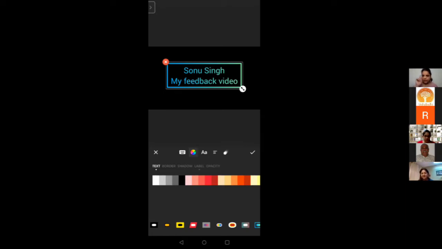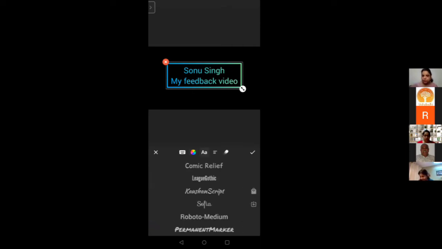Now from after the keyboard you go to the color wheel, then you move to the font which is written capital A and small a. So you go to font, you will get options of font. Now I have a paid version of it, so I might be having all fonts open, but for a free version also you have a lot of fonts you can select from. So you just keep selecting your font and the font on the display gets changed, right?